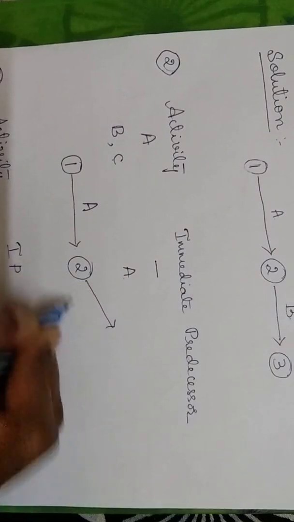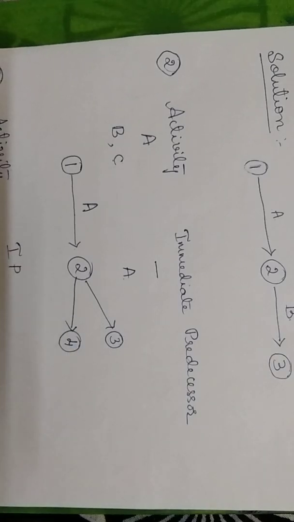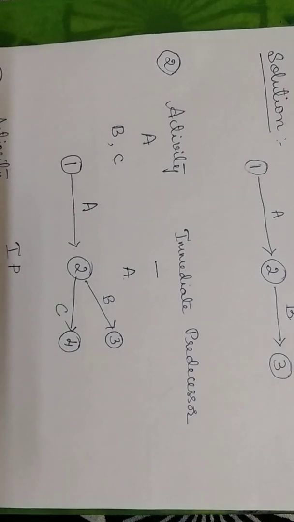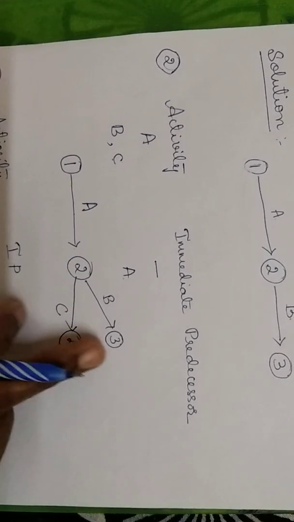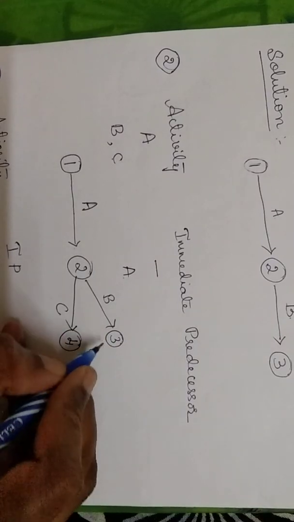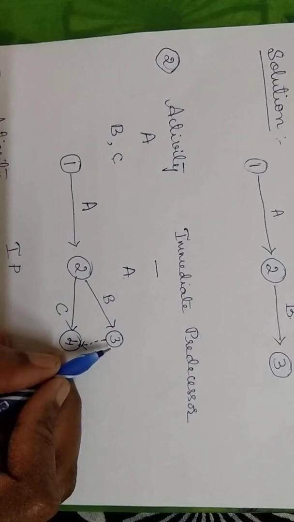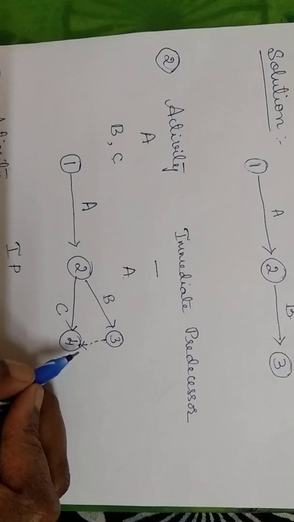Now it will lead to B and C. So here it is B and C. This is how I draw a network diagram. Usually we don't leave the network diagram like this, incomplete. So we complete the loop with dotted lines. Whenever you put a dotted line like this, it means that there are no resources used. So this is how it is.